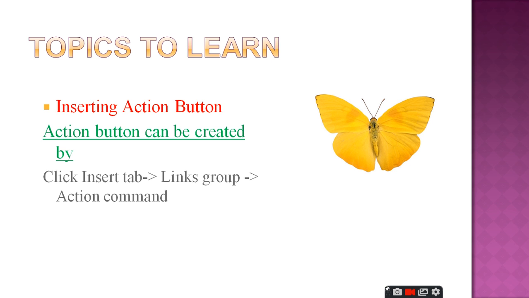To create action buttons in our presentation, we need to click on the Insert tab. From the Links group, select the Action command. Here the action buttons are shapes or any text inserted in a slide and set to link to another slide, play a sound or video, or any other similar actions. When we click that shape or text, it will take you to the previous slide or the next slide, a new slide. Okay, this is the action button.